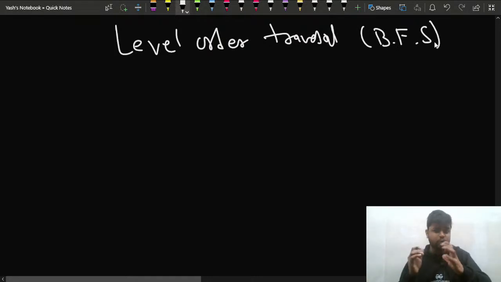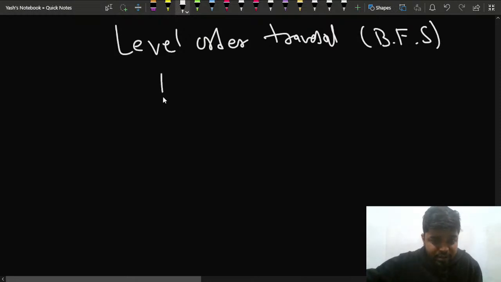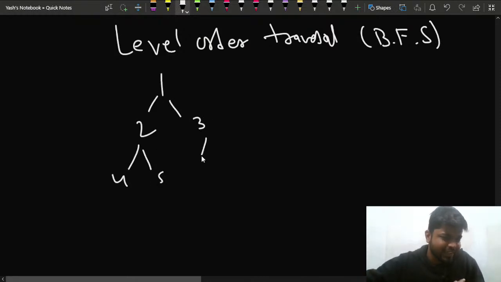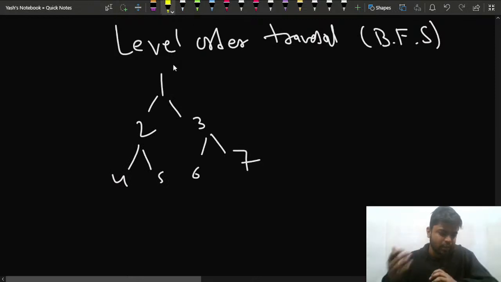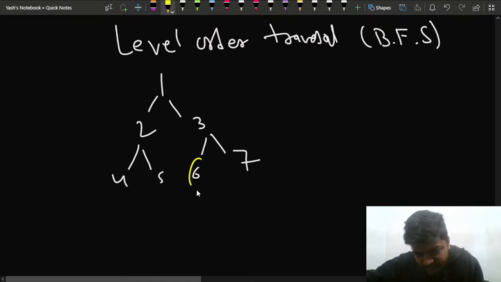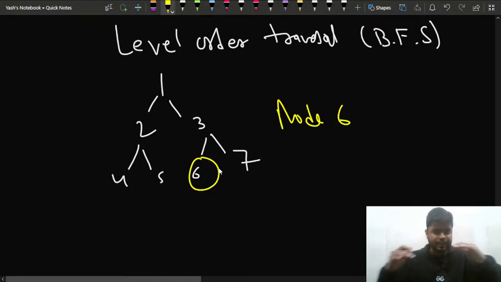Because we want to find all the nodes that are on the same level but belong to a different parent, right? All the nodes that are on the same level. Why am I repeating this? Because this is the part that you need to consider. Rest everything in the implementation is very simple, and I'll show you how we'll develop the code for it. If I have the node 6,